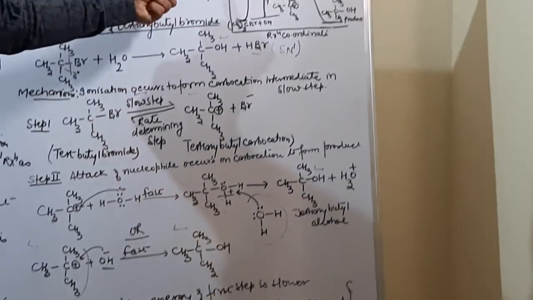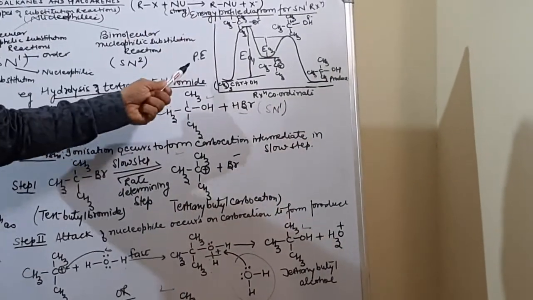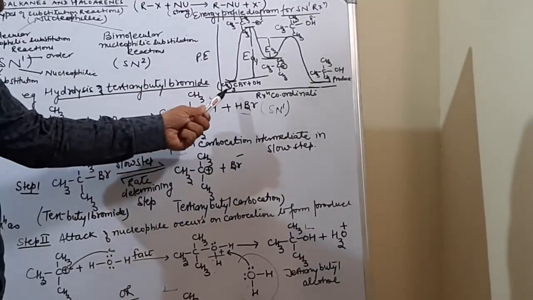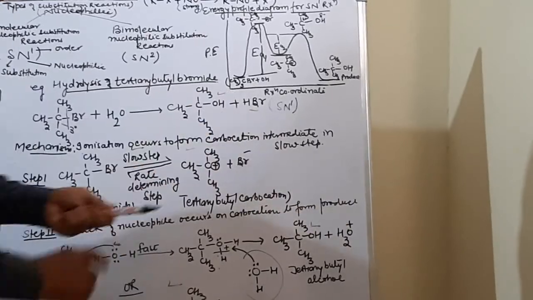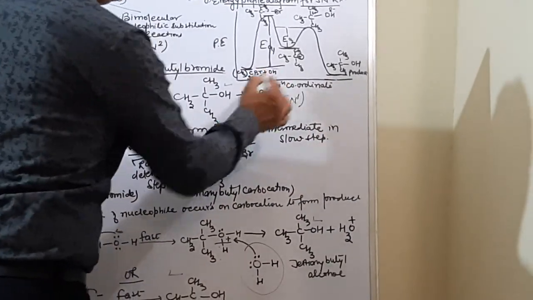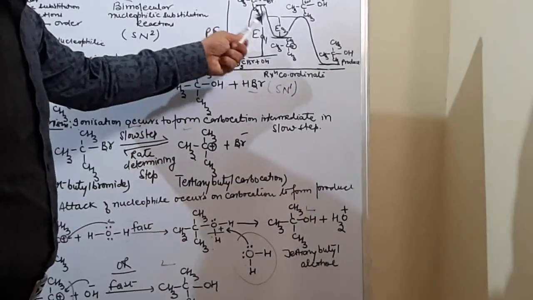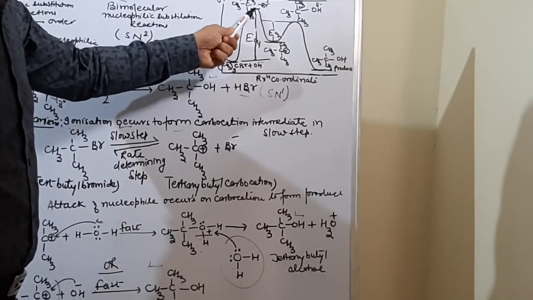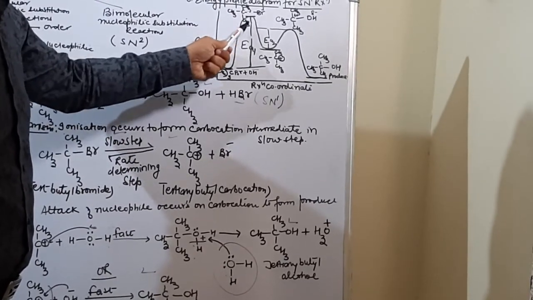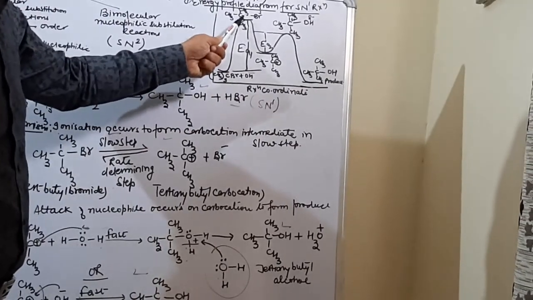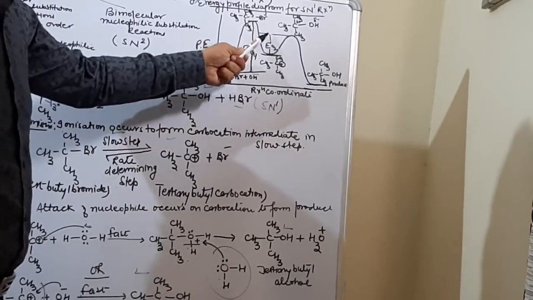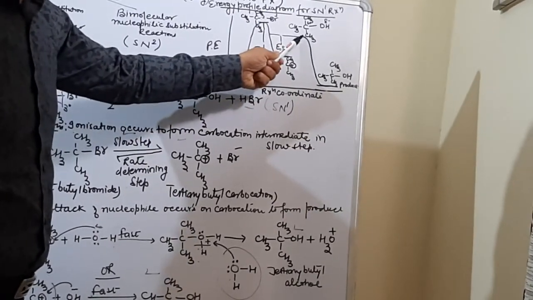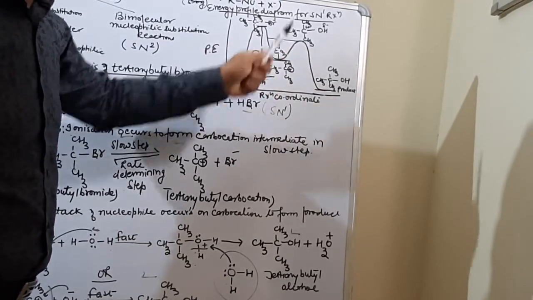This can be studied with the energy profile diagram for the SN1 reaction. If you plot a graph between the potential energy and the reaction coordinate, just see over here, this is tertiary butyl bromide. It is made to react with hydroxyl ion. When it reacts with hydroxyl ion, in the first step, before the formation of the carbocation, it results in the formation of an intermediate type of product over here, where the activation energy is high. And when it results in the formation of the carbocation, the activation energy is given over here as EA2. And when it results in the formation of product, it happens through this activation energy.